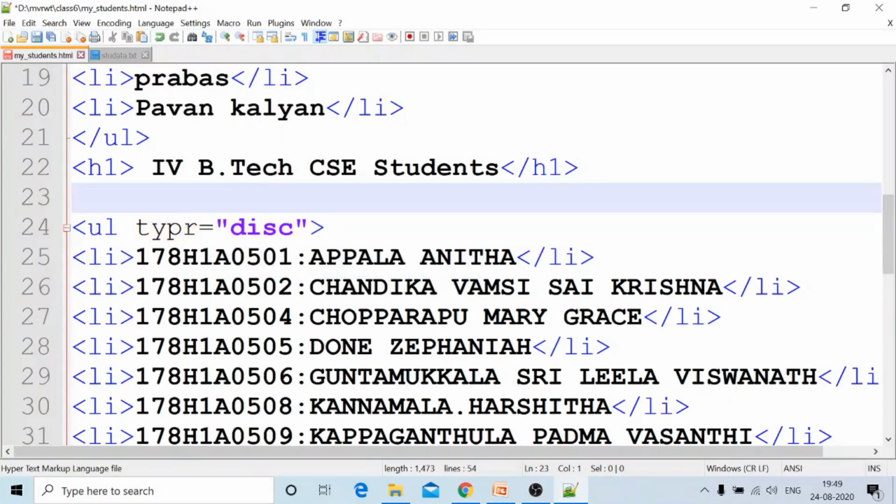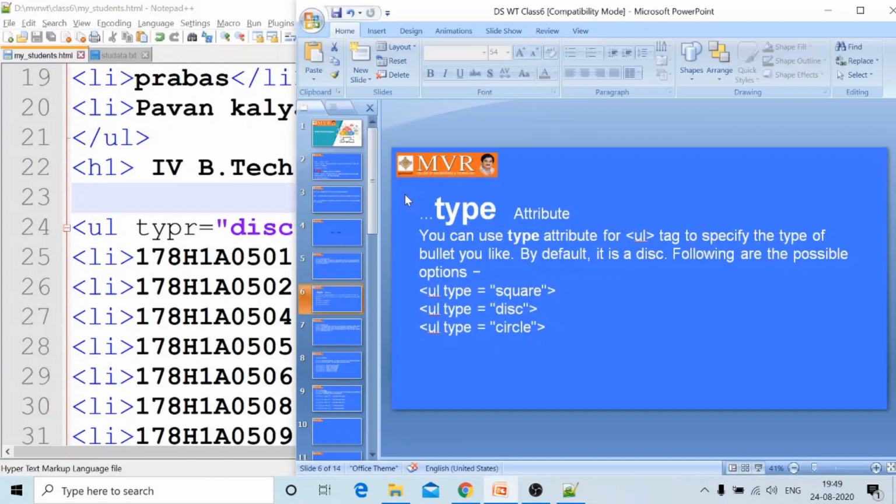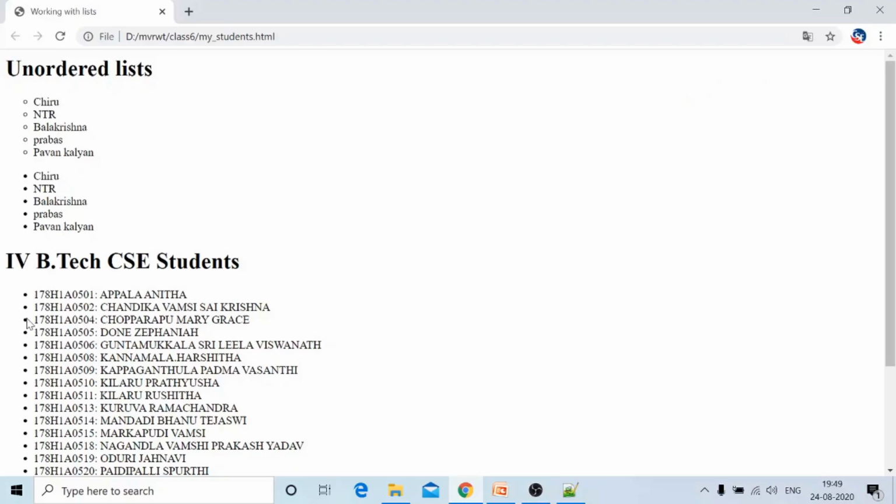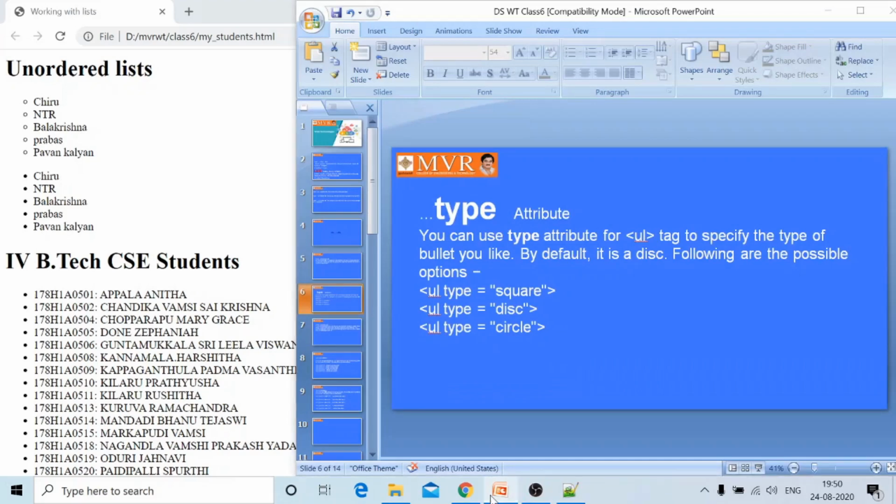Type equal to disk means disks will come here. Another attribute value is there: circle, square. SQUARE. Type equal to square.